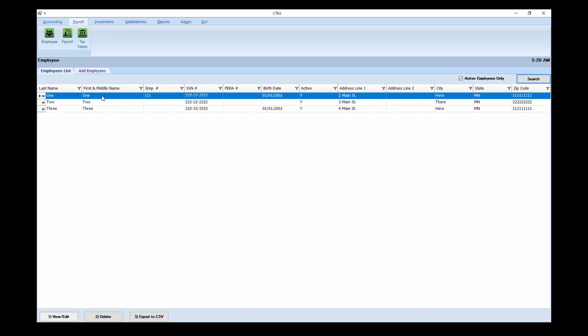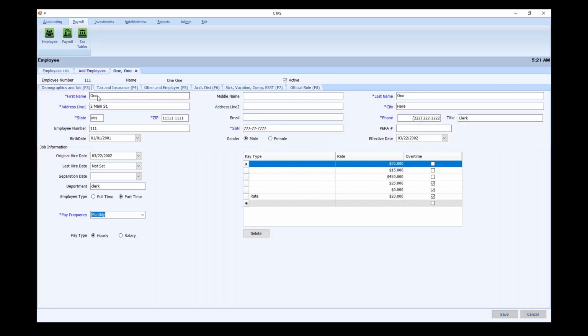For an existing employee, open the individual employee's record. Once this is open, you will notice the tabs on top. Go to the Sick, Vacation, Comp, and Earned Sick and Safe Time tab.